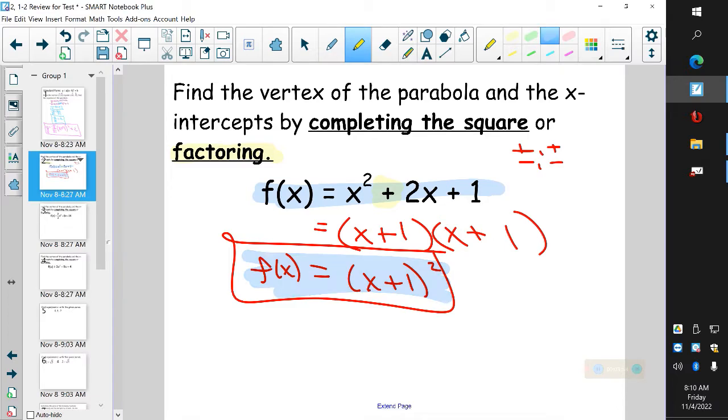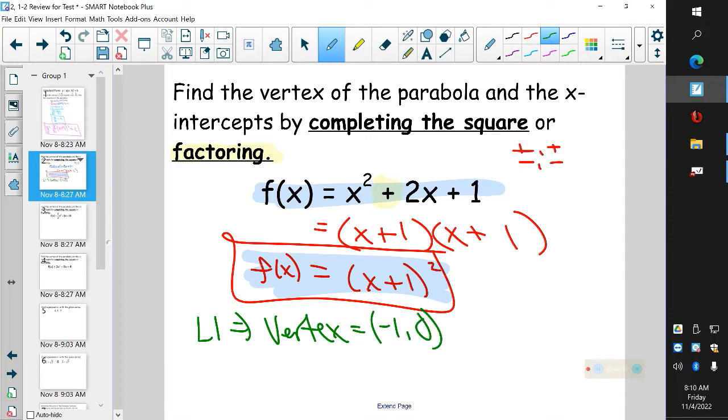So my question is, up, down, left, right, stretch, compress, reflect, what is happening to this function? Stretching by 1? Well, one's not a stretch and one is not a compress, so there is no compression or stretch on this problem, yes? So what is the only thing happening to this problem? It's going to the left 1 unit, which means my vertex is going to be what, folks? Left means -1. I'm not going up or down, so that is going to be my vertex. The ordered pair, -1, 0,